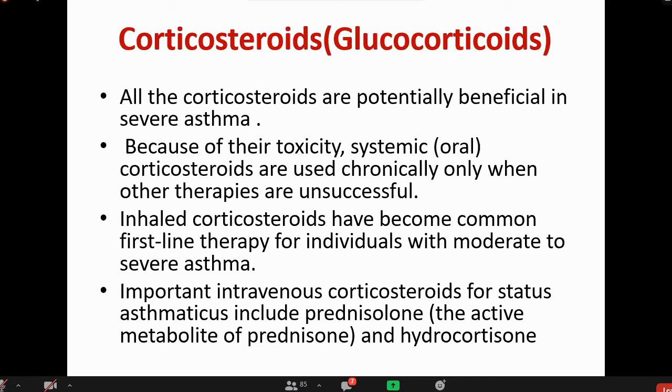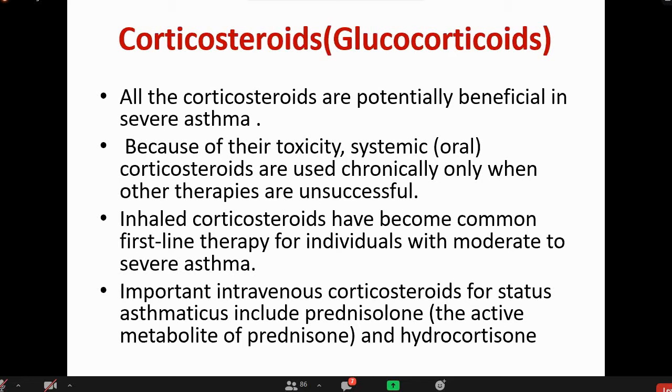glucocorticoids. Inhaled corticosteroids have become common first-line therapy for individuals with moderate to severe asthma, right? This point we have already discussed. Important: intravenous corticosteroids for status asthmaticus. Status asthmaticus means a life-threatening condition, severe asthma, right? That should be treated promptly,